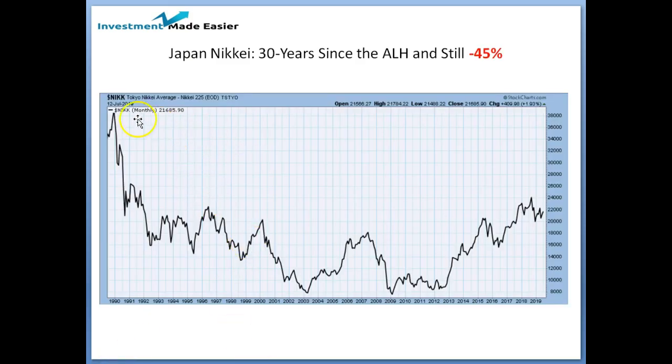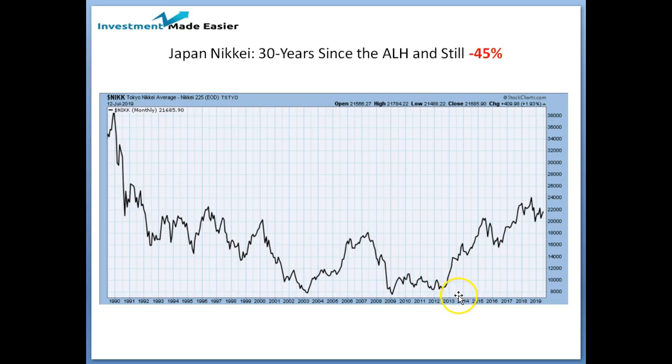As an aside, as can be seen in a chart of Japan's Nikkei 225 index, the peak for the stock market was at the best part of 38,500 in late 1989, and here we are 30 years later, and the index is still a huge 45% below the level of back then. So, bearing in mind that the stock index is a lead indicator on economic growth,